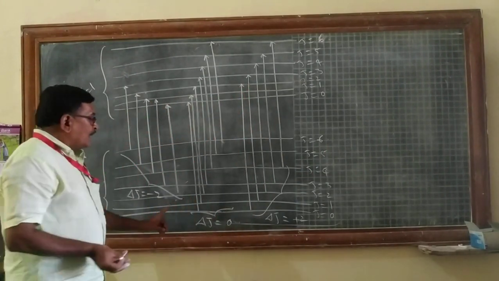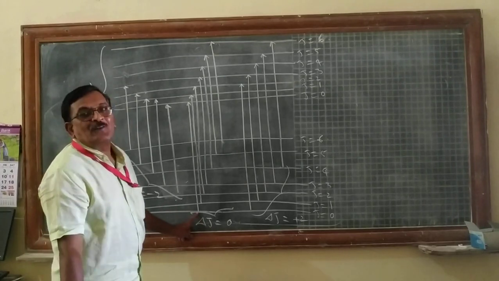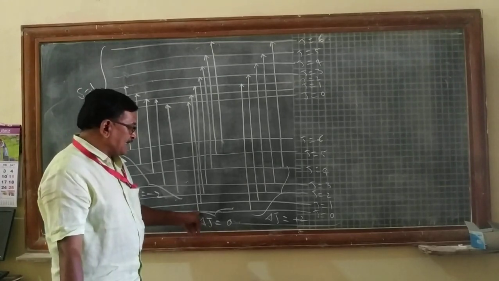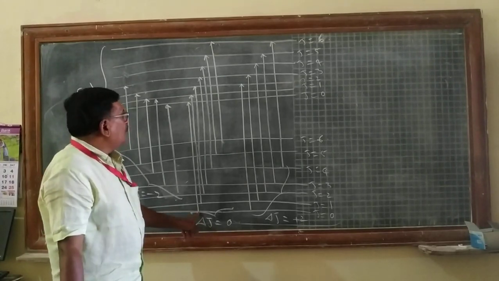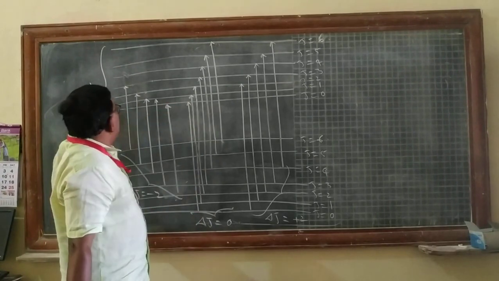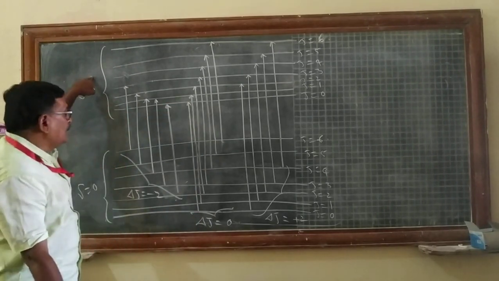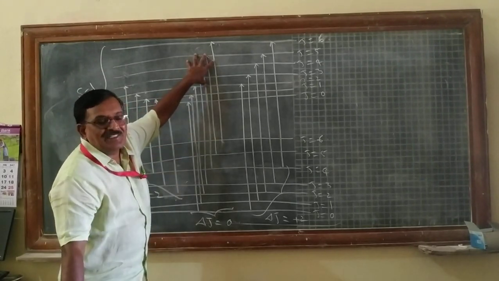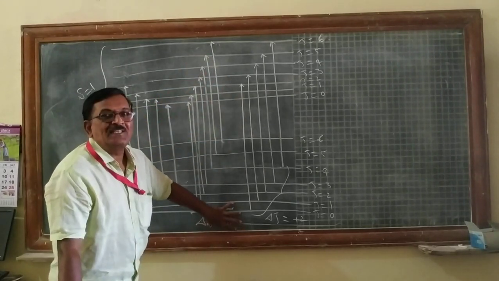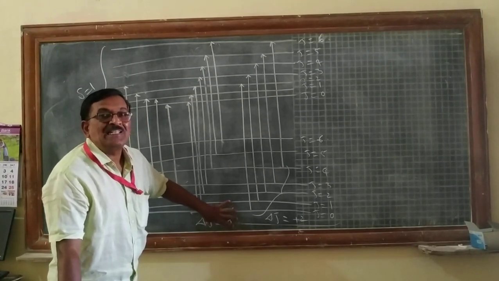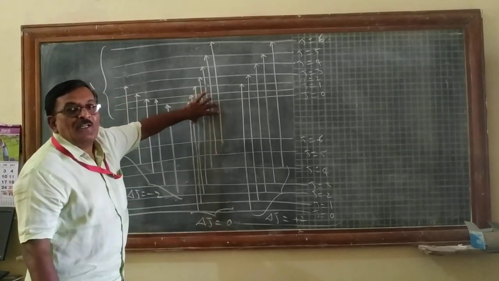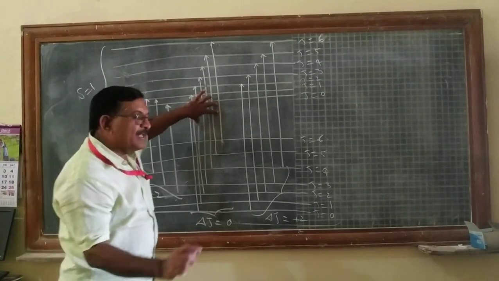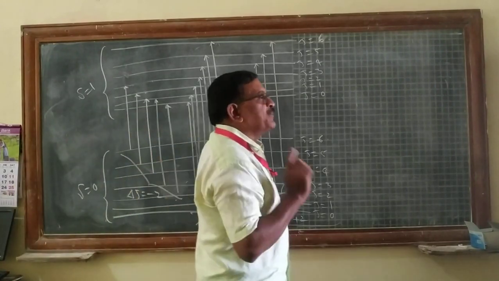Here, this is the first, delta J is equal to 0. The electron present in the energy level J is equal to 1 will be excited, that is delta nu is equal to 1. So different electrons will be excited to different higher energy levels. It forms what is called delta J is equal to 0. These lines in the center will be called Rayleigh lines formed in a rotational vibrational Raman spectra of